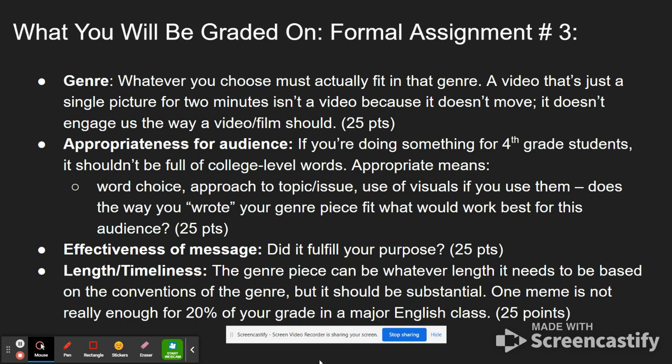So just make sure that you've looked at examples of whatever you're doing and you know the amount of work that you're going to have to put into it in order to make it a substantial project that you've been given a couple of weeks really to work on, at least 1 full week. Some of you started working on this last week, but